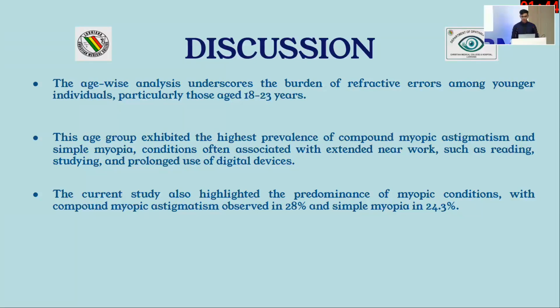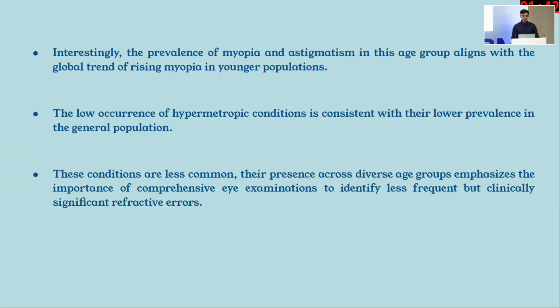in 24.3%. Interestingly, the prevalence of myopia and astigmatism in this age group aligns with the global trend of rising myopia in younger populations. The low occurrence of hypermetropic conditions is consistent with their lower prevalence in the general population. These conditions are less common. Their presence across diverse age groups emphasizes the importance of comprehensive eye examinations to identify less frequent but clinically significant